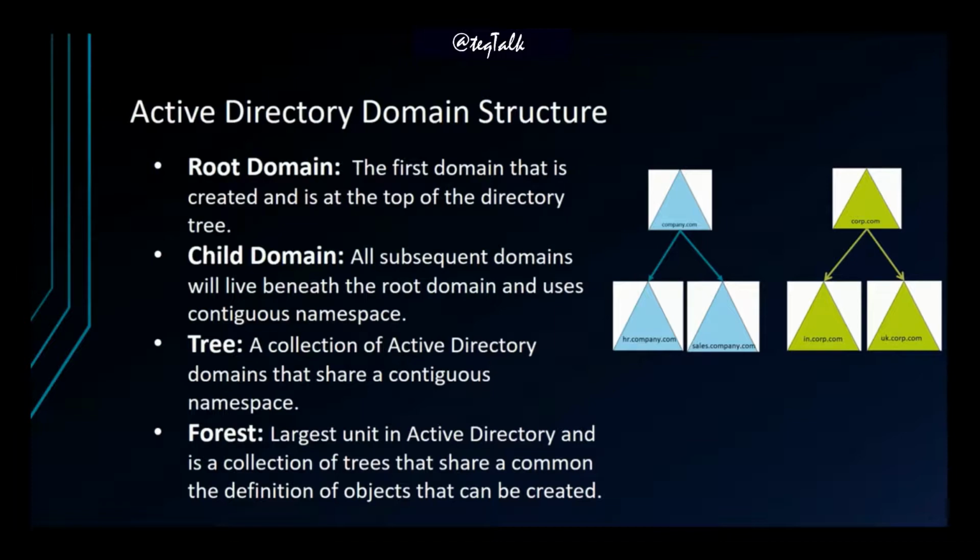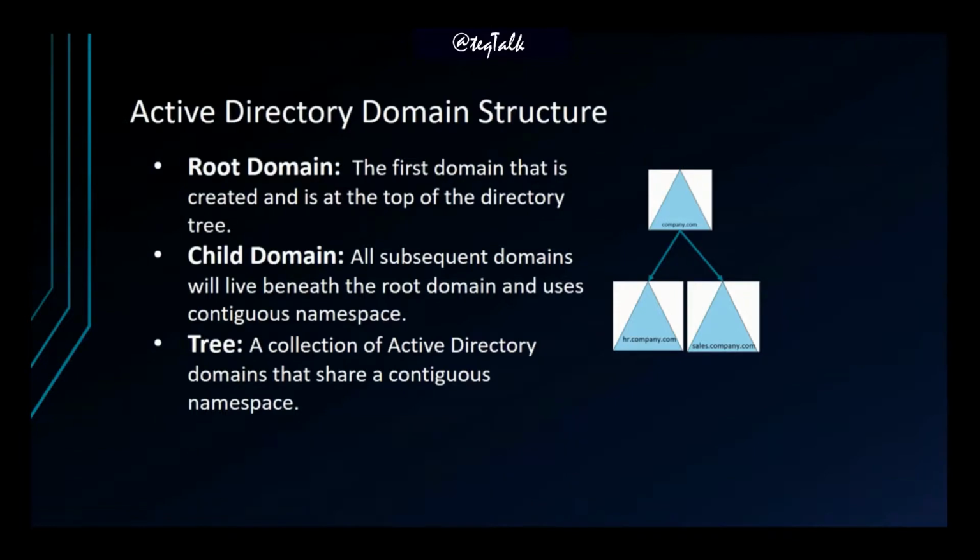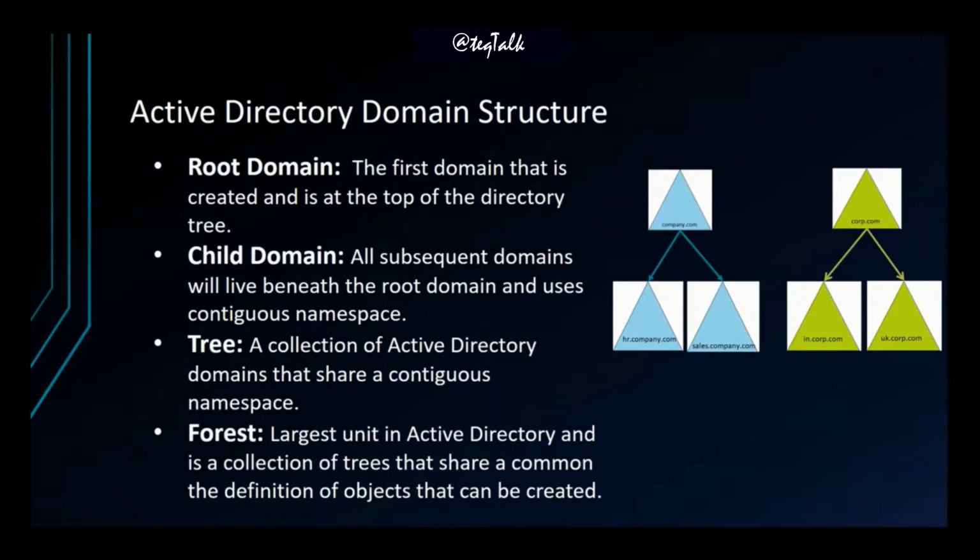The next thing is, what is a forest? Just like this tree, company.com, hr.company.com, sales.company.com, this represents the business units. Say we have another team that manages the IT assets of this company, the laptops, the email, the website access, and everything that is maintained by the company's IT team. So the IT team is using the domain corp.com. It can have any domain, but corp.com is an individual domain here, and it is acting as my parent or root domain in this case.